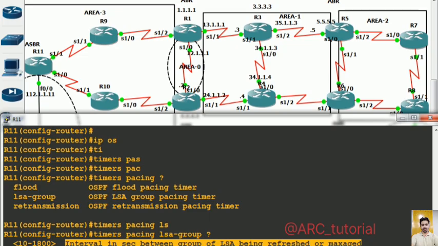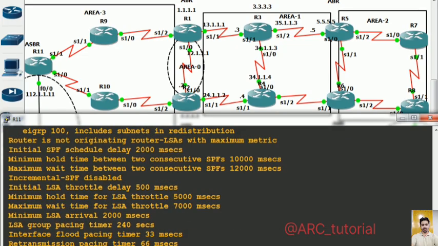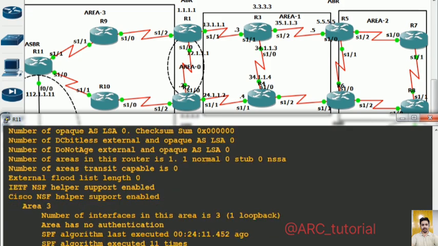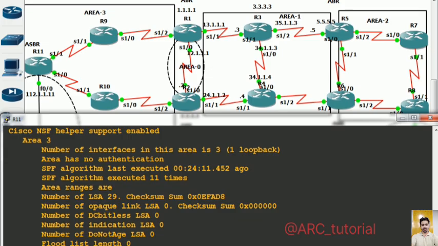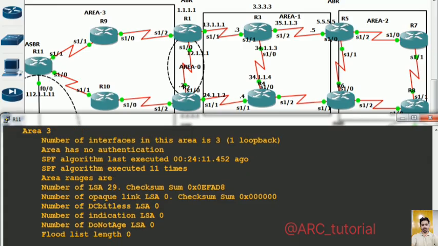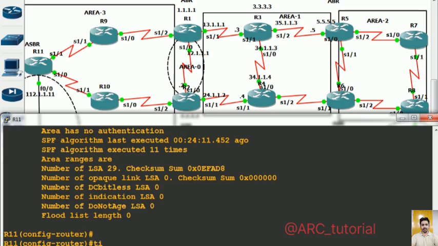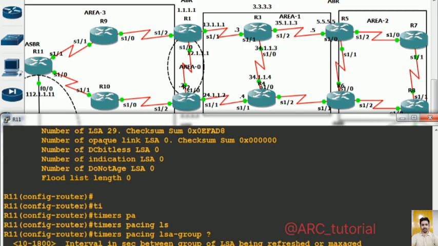Do show IP OSPF. Let me show you. LSA group spacing is 240 seconds. So you can modify these timers from here. I hope you have understood it, and if you have not, try to understand it once again. Timers pacing LSA group: interval in seconds between group of LSAs being refreshed or